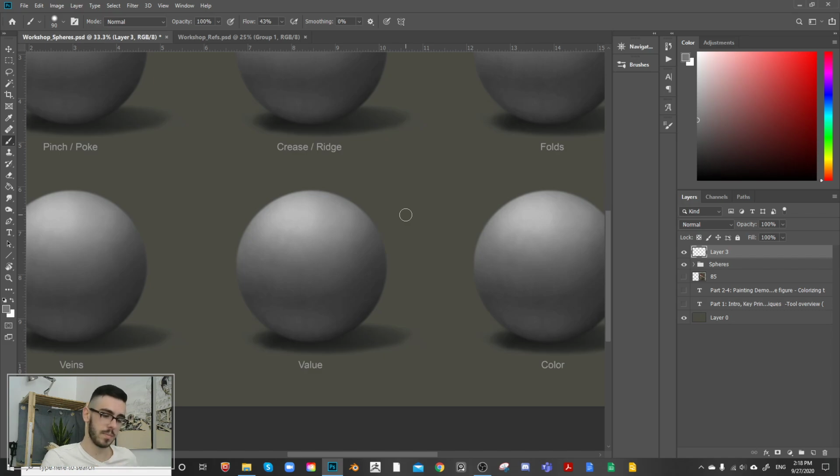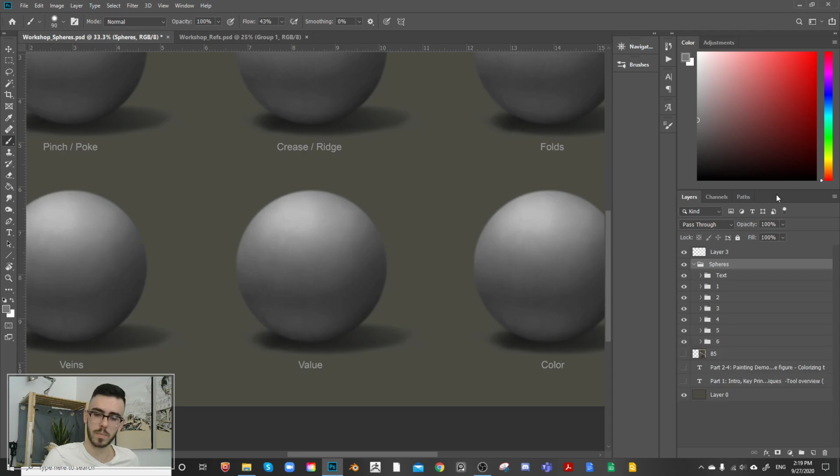What's really important is not to go for your lightest lights and your darkest darks. You don't want to go too far off that local value, because you don't want to have too high contrast, and it also becomes really, really difficult to control your value scheme when you have a super wide span of values. So if I just pull up the levels of this sphere,